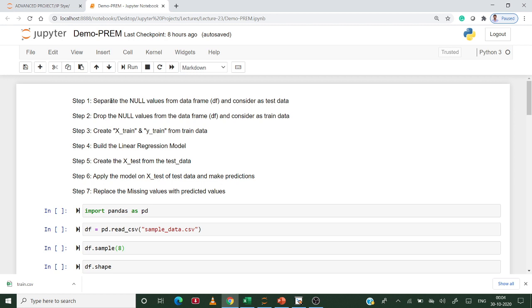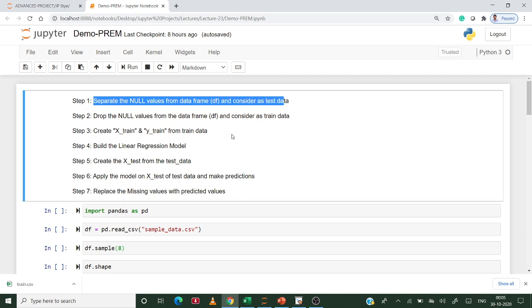So these are the steps. So separate the null values from the data frame and consider as the test data.